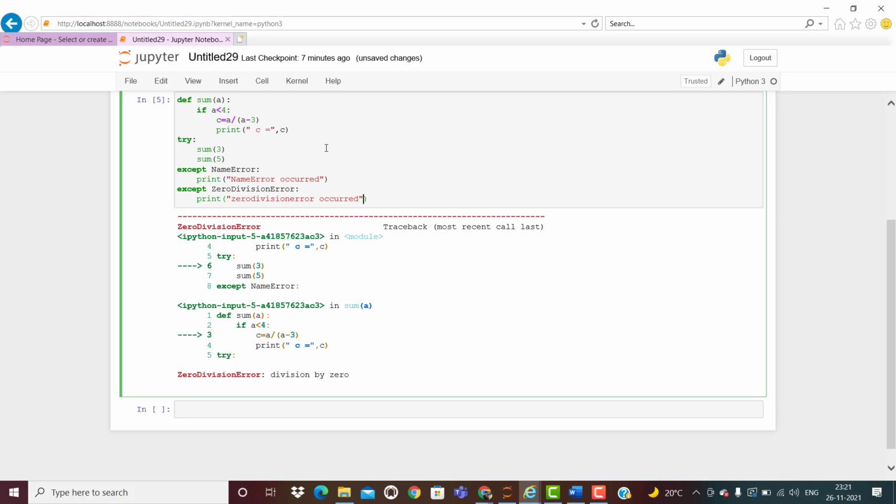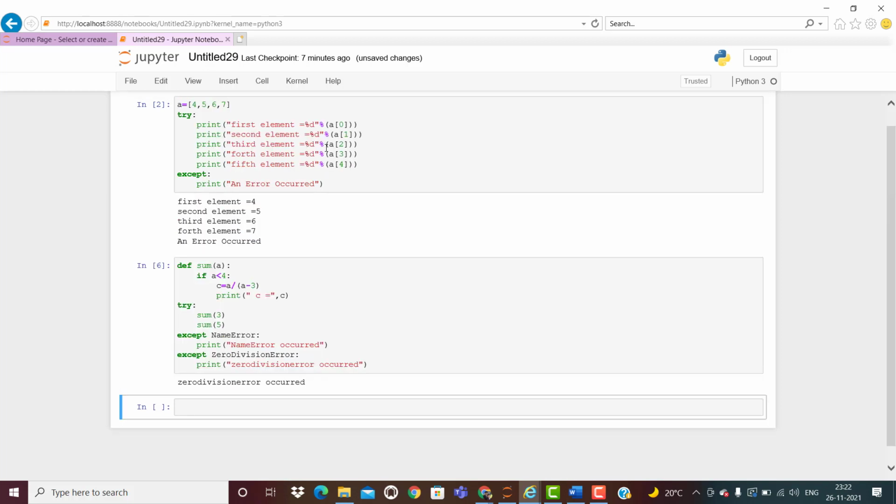Okay, now let me check here. Now see here, I know which type of error. So that I have mentioned, it is not executing the other exception, it is executing this exception. The ZeroDivisionError exception is shown. If you know the name of the exception, you can write it.